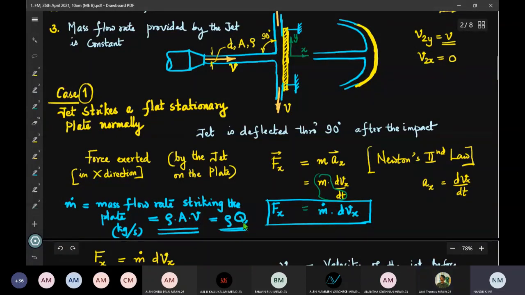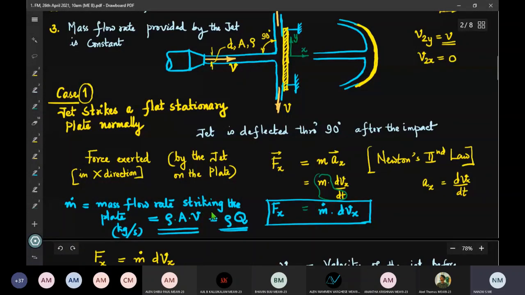Volume flow rate Q. So please do remember this mass flux and its unit. What is the unit? Kilogram per second. Rho is in kilogram per meter cube, area is in meter square, V is in meter per second when you employ SI units. So rho into Q, that is the mass flow rate. That is rho into area into applied velocity.